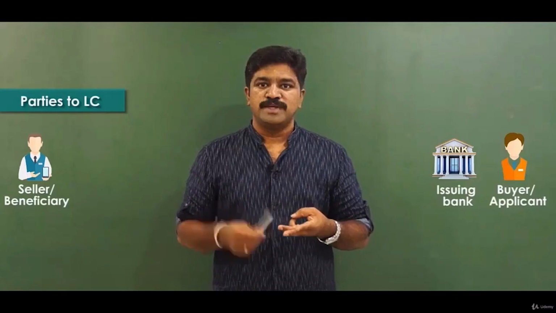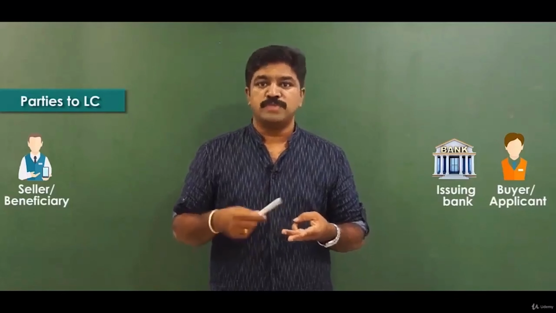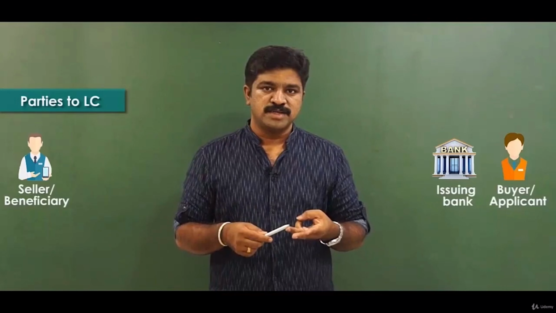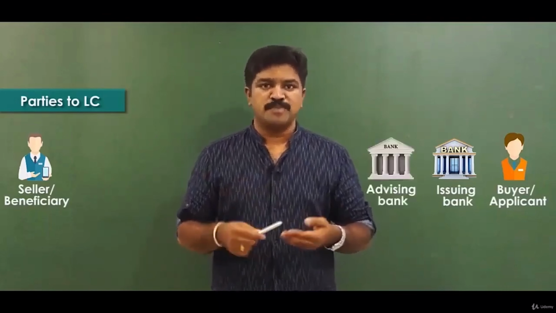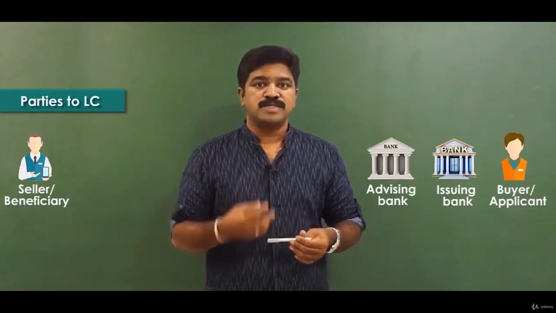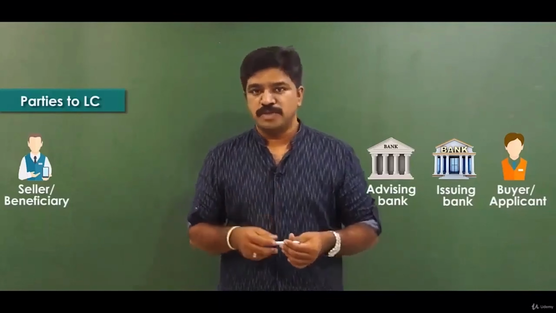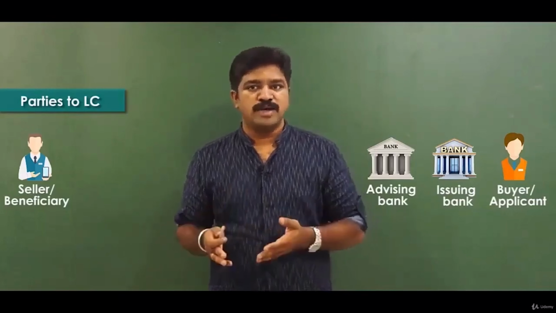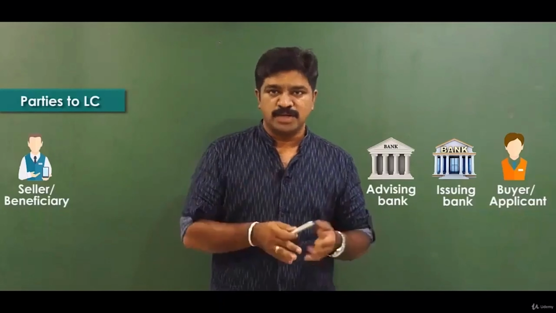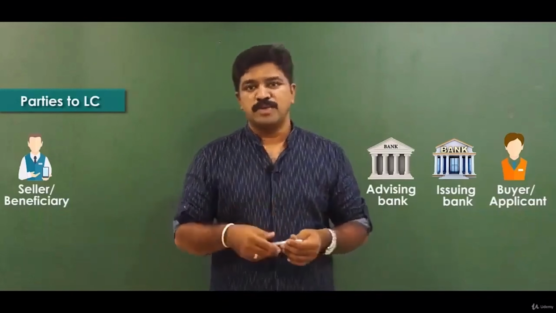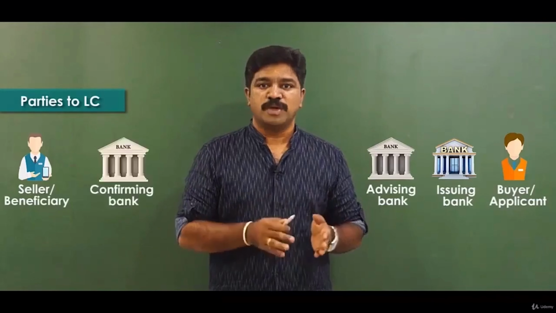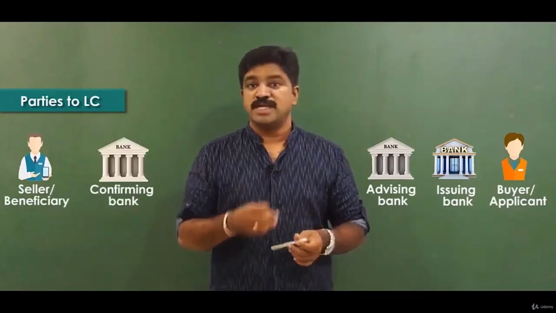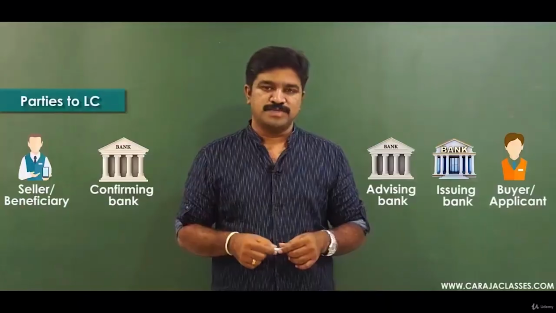Okay, we call it the LC issuing bank, and the LC will not be dispatched simply through post. It will be routed through another bank in the seller's place. We call that bank the advising bank. And sometimes the seller may be in a dominating position, or the seller may not believe the LC issued by the issuing bank of the buyer. The seller may stipulate a condition saying that the LC has to be confirmed by a bank in his location. So another bank may also come into the picture. We call that bank the confirming bank, and it's through these banks that the entire LC process revolves.